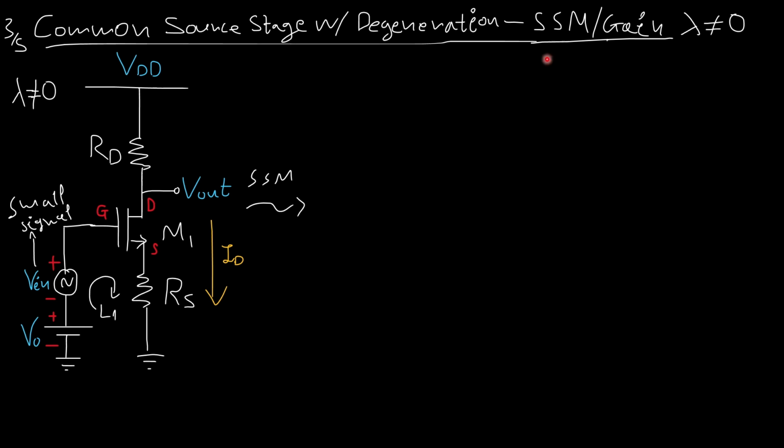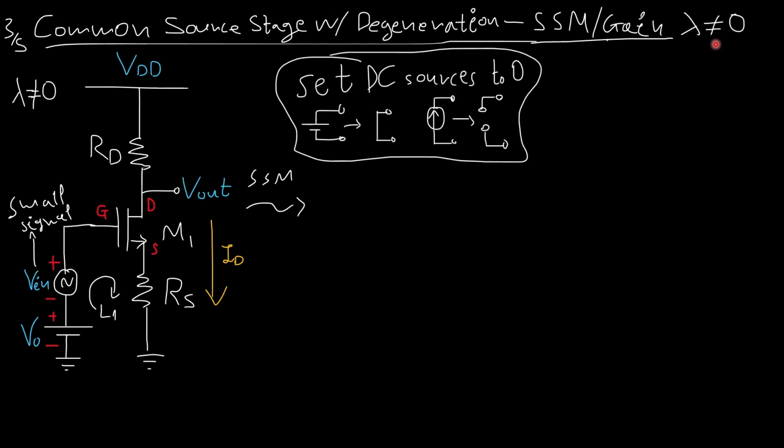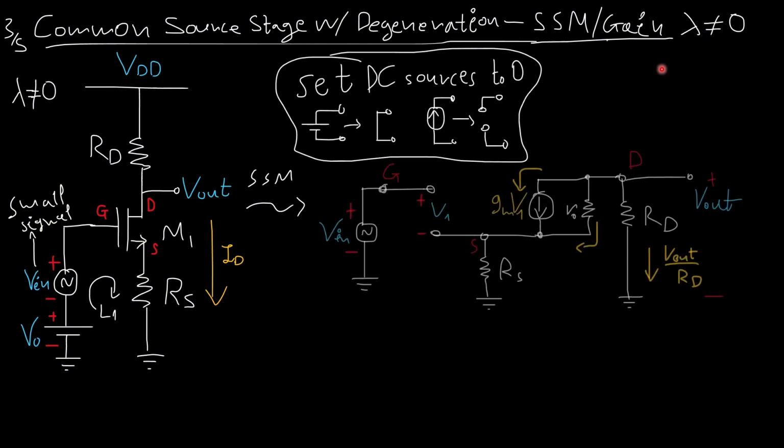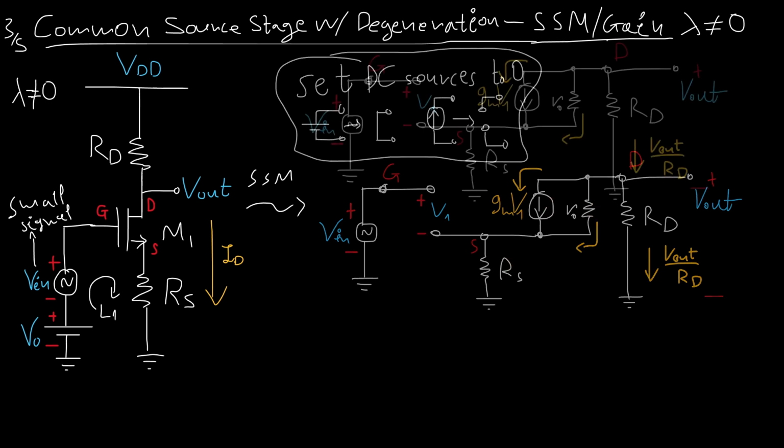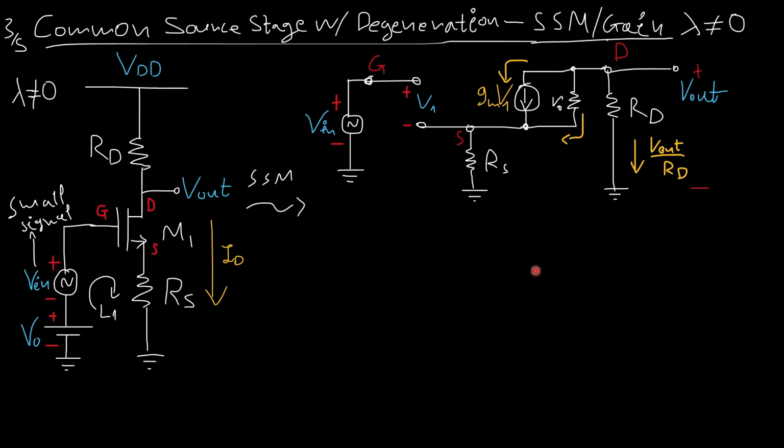Now, what if I had the channel length modulation? Well, if lambda is not 0, then again we set all the DC sources to 0, and we make sure to connect a resistance RO tied between the drain and the source. I will write it up here,